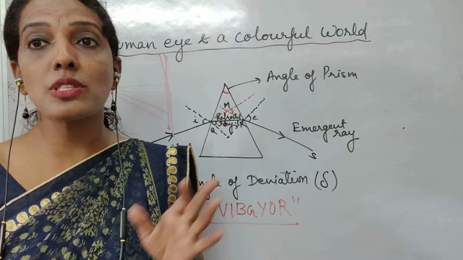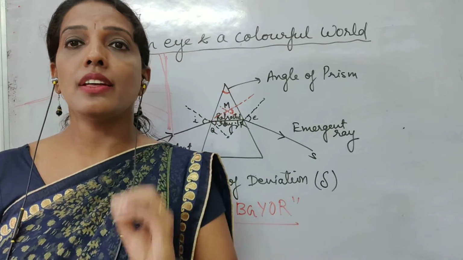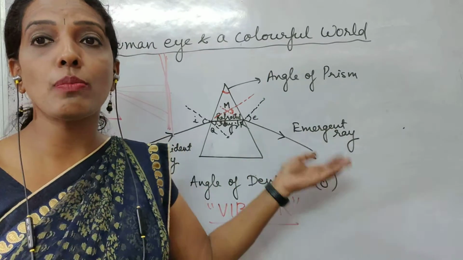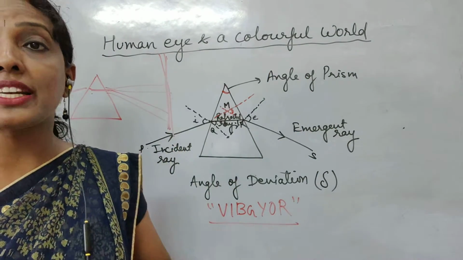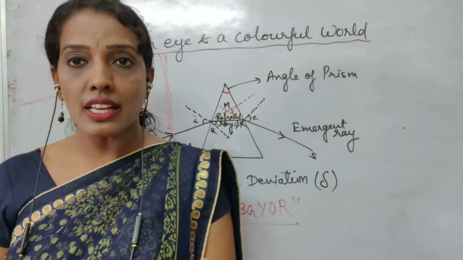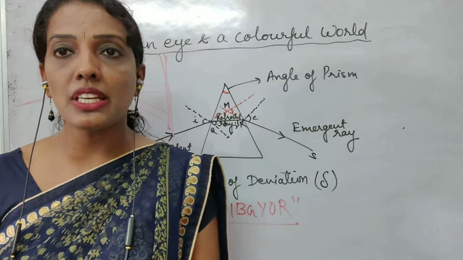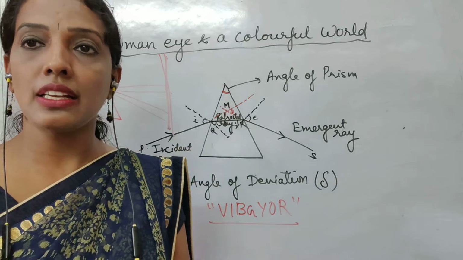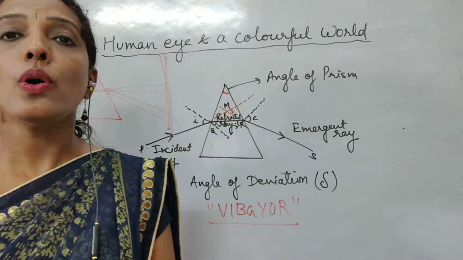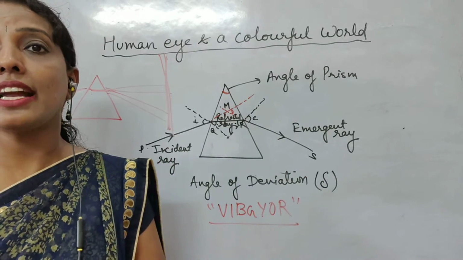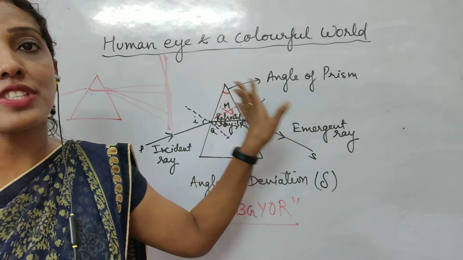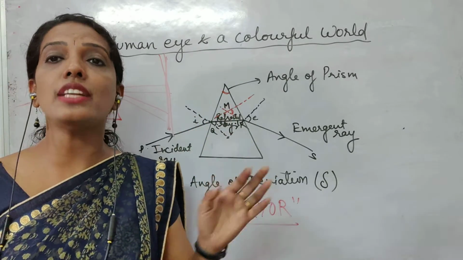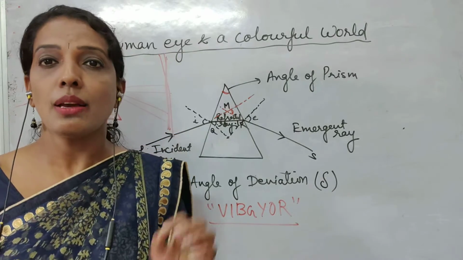When the glass prism is kept on its base, the red color will be at the top and the violet color will be at the bottom of the spectrum. Thus, the splitting of white light into 7 colors on passing through a transparent medium like a glass prism is called the dispersion of light. The formation of the spectrum of 7 colors shows that white light is made up of light of 7 different colors mixed together.